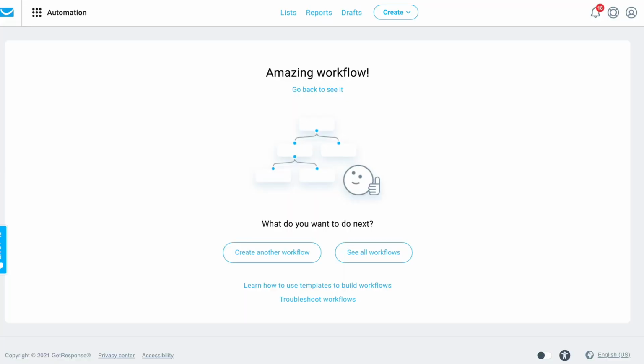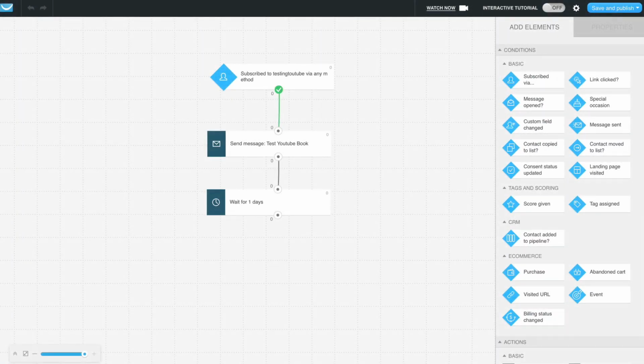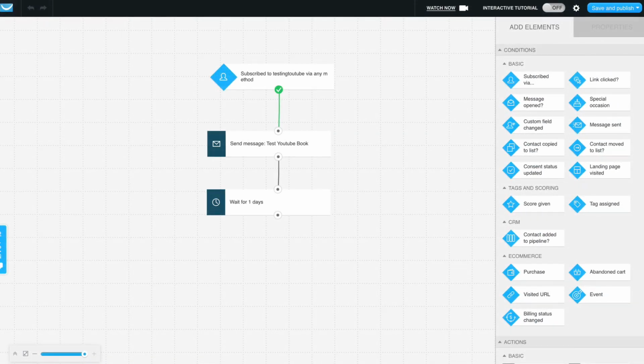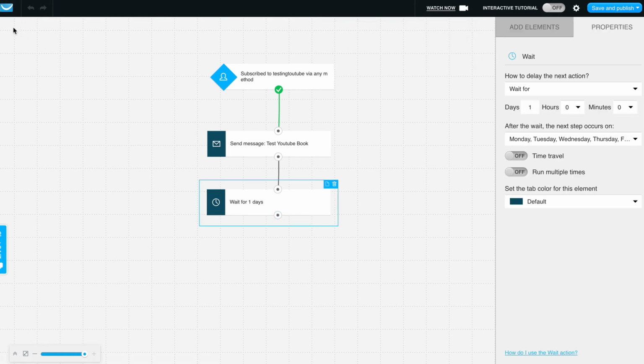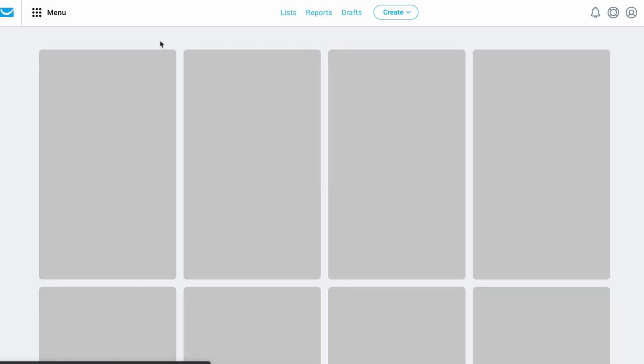Okay, now let's say you've actually built an email list and you want to go and send one simple email to that list. Okay, you've got your automation flow going, you're collecting emails and everything's kind of running along smoothly. You've got yourself a little email list together. You got your little email list going, everything's running smoothly, and you want to go and send emails. This is what you do.